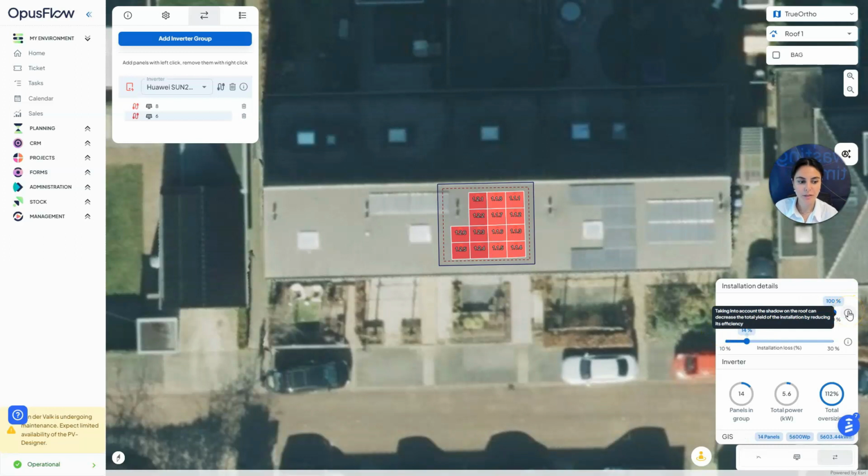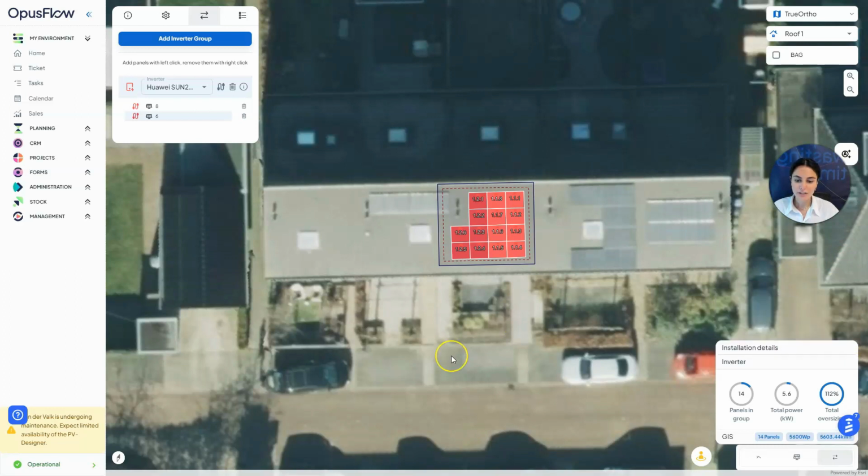And there's also a button for information here that tells you the functionality of this slider. As for the second one, as you can see here, this is a description, and installation loss is how much energy is being lost due to different factors. It can be that you have really long cables, or there is something in the installation that you know can affect the installation loss. If you don't have anything that would affect this, you can just leave it at 14% and not touch it. This is really recommended.